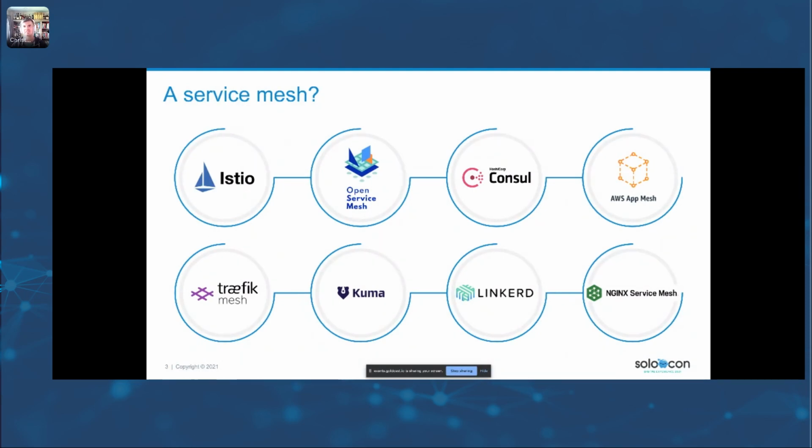Some of these service meshes, like Istio, Linkerd, and so on, have been around for a while, and some of them are fairly new. You are tasked with understanding what a service mesh does, how these might differ from each other, and then if you're going to adopt one, when's the right time, how to adopt one, what the trade-offs and differences are, and how to pick one that's right for you.